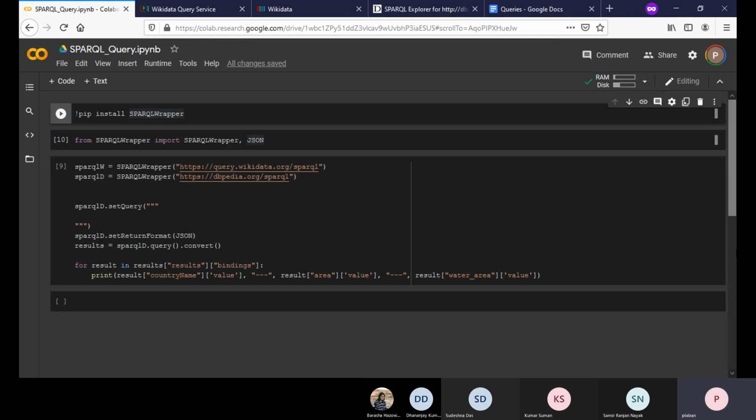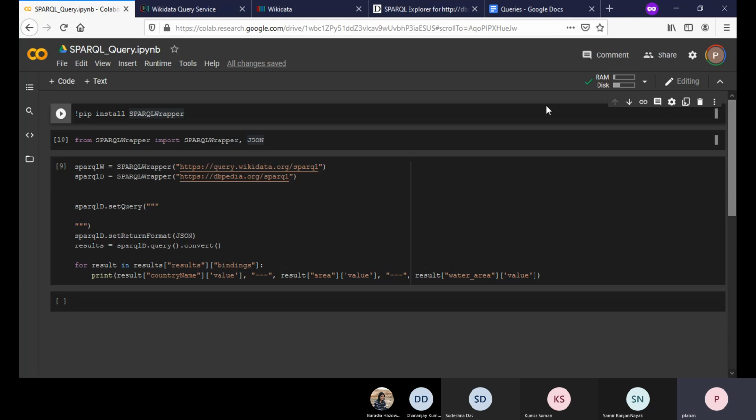So today we are having a set of very basic SPARQL queries which you will be writing directly in the SPARQL endpoints, and after you have written the queries in the SPARQL endpoints, then we'll try to see how we can execute the query from a Python program, and then how we can get the results and output the result from the Python program, right?